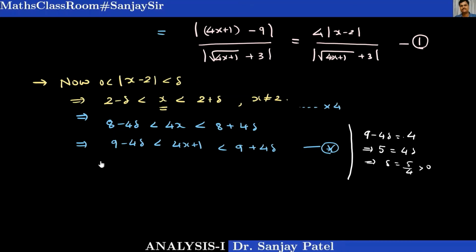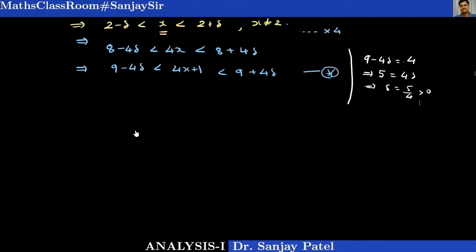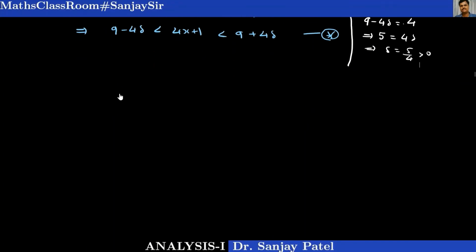So if I choose my delta equal to 5 by 4, greater than 0, then